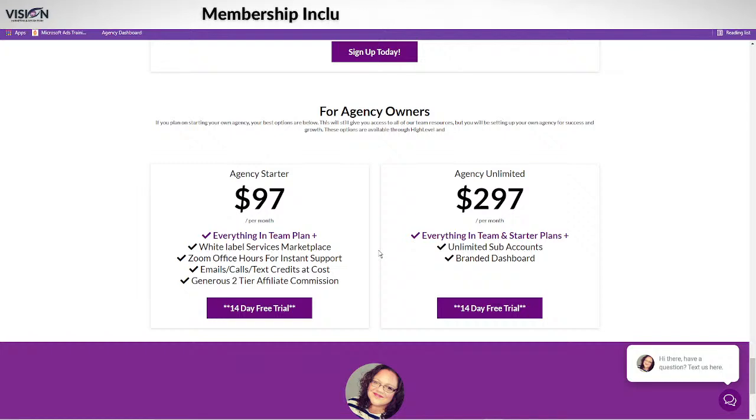So if you need support, if you're like, man, this is an amazing platform, I'm ready to jump in and move my clients over, what you need to do is get the agency starter, because you're going to get access to Go HighLevel. You're going to get access to their support, all of their training, all of those things that they provide the agency owners, which is incredible. You're also going to be able to become an affiliate, which has a very generous 2-tier affiliate commission. So it's 40% on the first level, 5% on the second level.